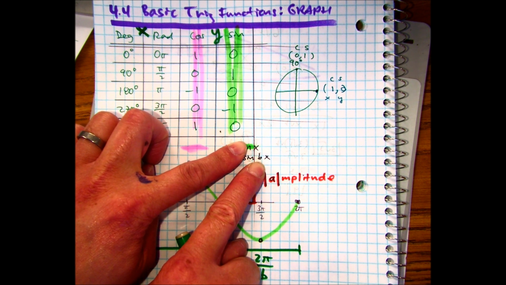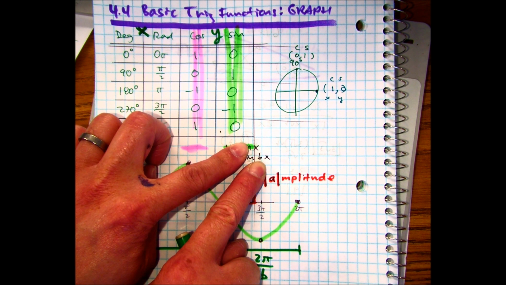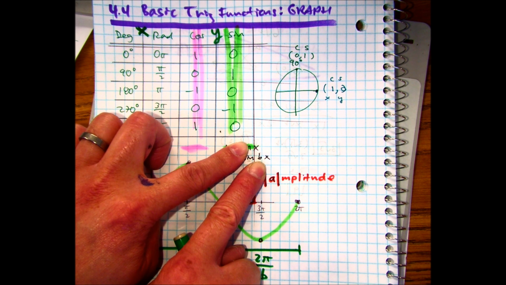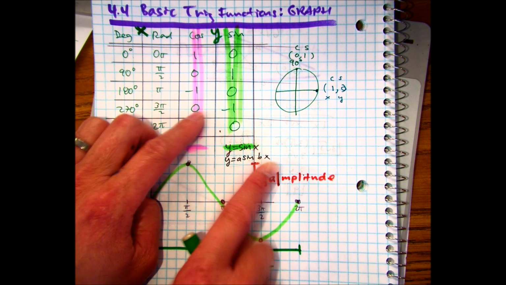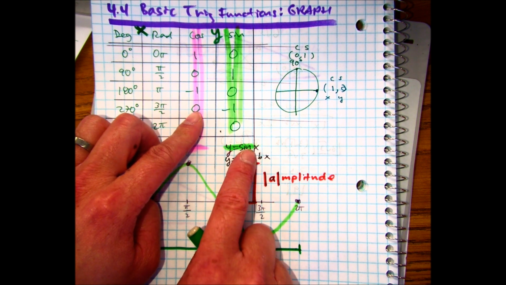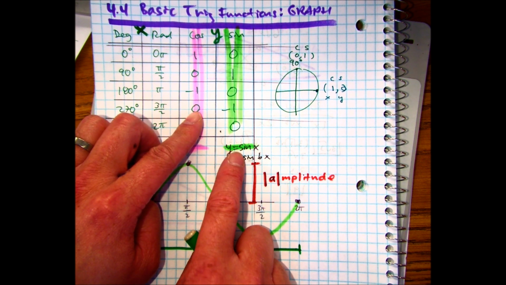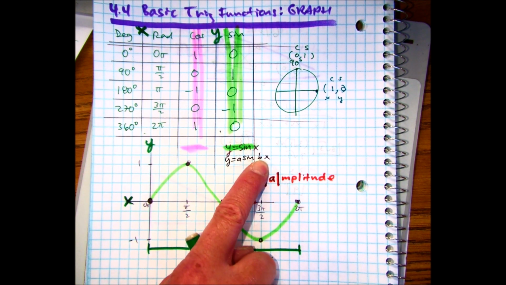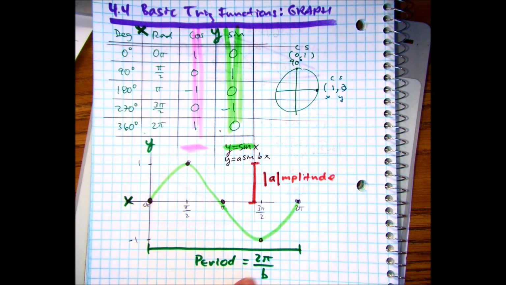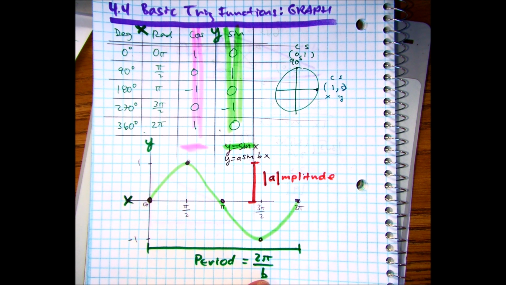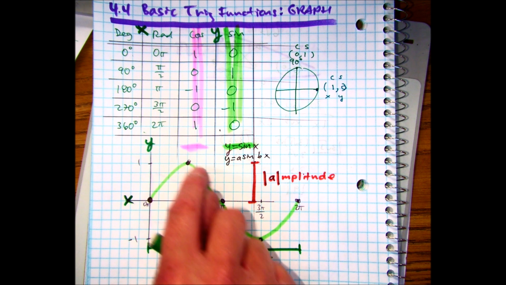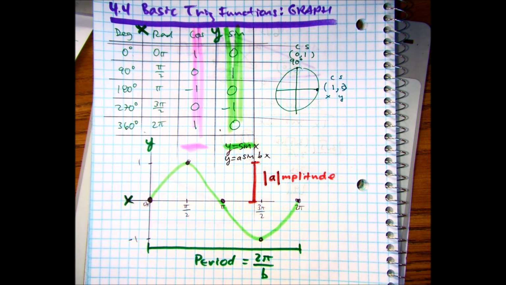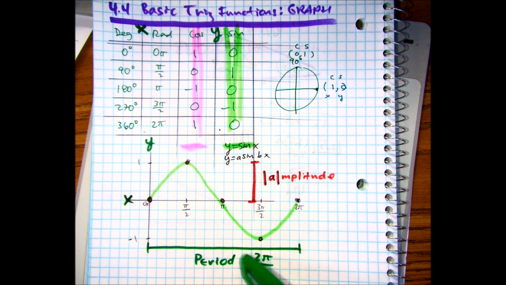Okay? So in our problem here, the B value is in front of the x. Where is it, class? So what number is in front of the x? There's no number, so it's going to be a 1. 1 sine of 1x. Y equals sine x. So there's just a 1 for the A value, 1 for the B value. What do I do with that B value of 1? I put it into my formula, 2 pi over B. And that's why my graph here finishes by 2 pi. Now in today's lesson, these are going to change, and we're going to identify both the amplitude